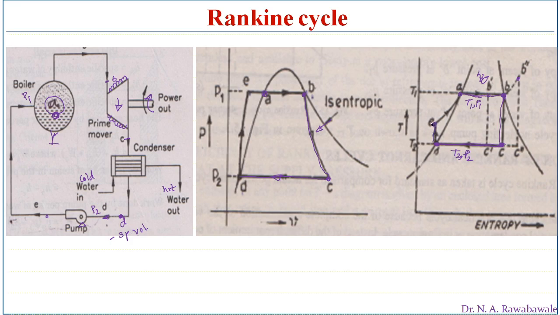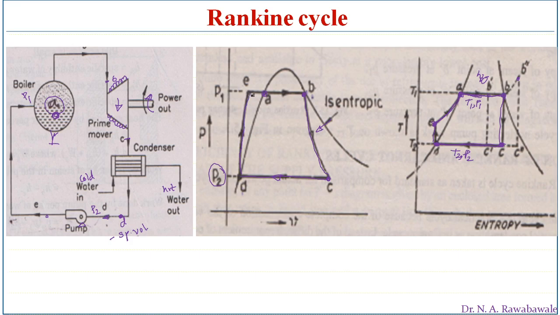So when it enters into the boiler at point E, the temperature of water is not a saturated temperature, it has not reached the temperature of saturation. So from point E onwards, it is heated sensibly. Sensible heat is added to increase its temperature from E to A. So here sensible heating takes place, and this water again from point A onwards starts to evaporate. So this process D to E, where pressure is increased from P2, which is lower pressure of condenser, to the higher pressure of boiler. So a pump is used to increase this pressure.